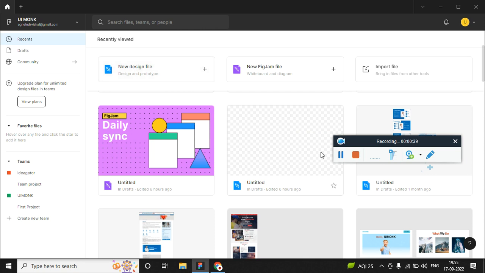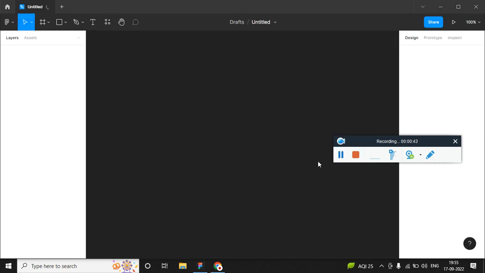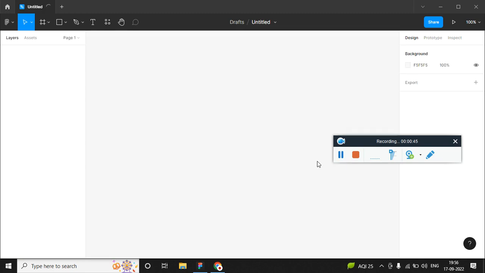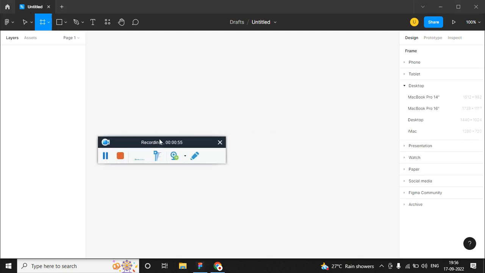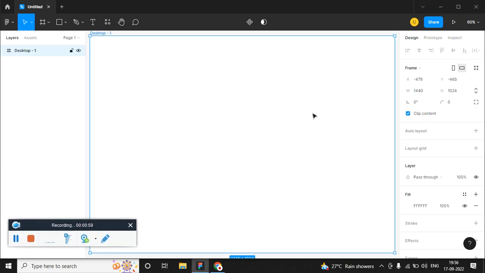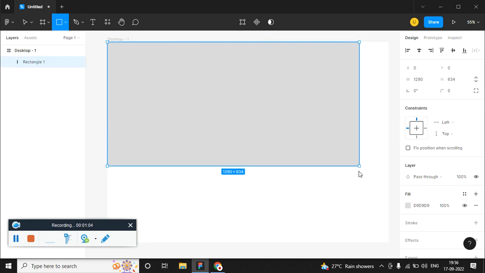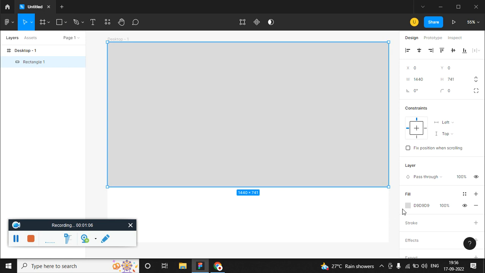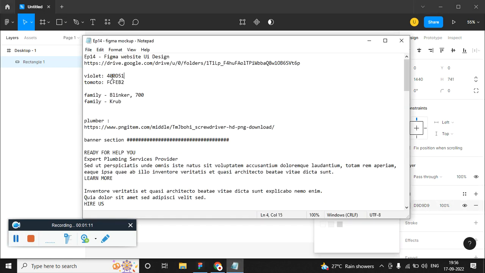So create a new file and open a frame, so that I'll be choosing desktop. So now here, get into the frames. On the sidebar you will find desktop, just click it. So the frame is ready. Now let's create a rectangle. Let's fill it with the color. So I have copied the color, so this is the violet,